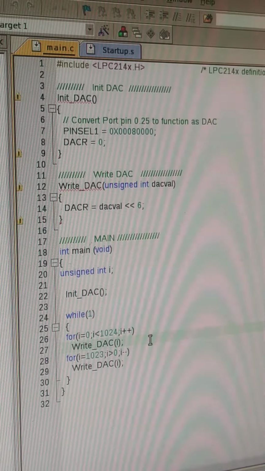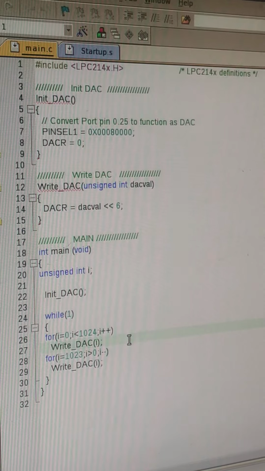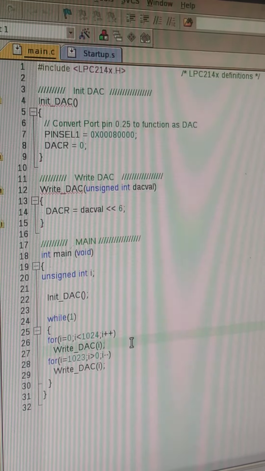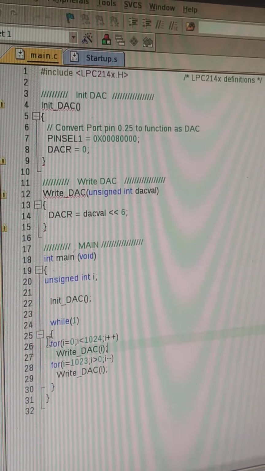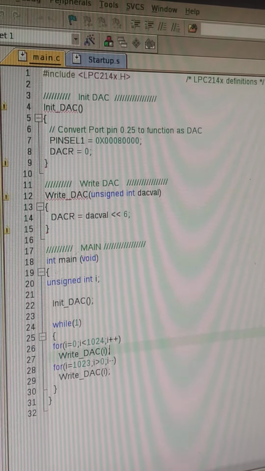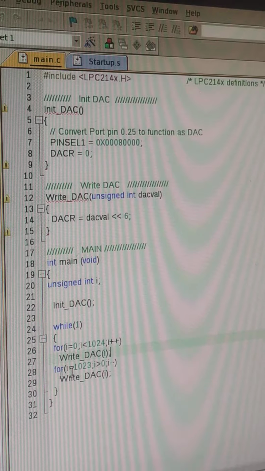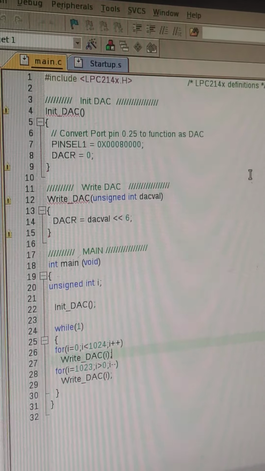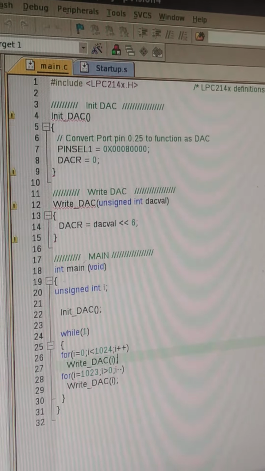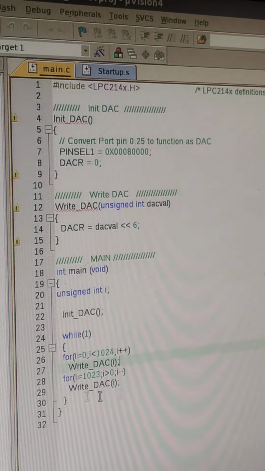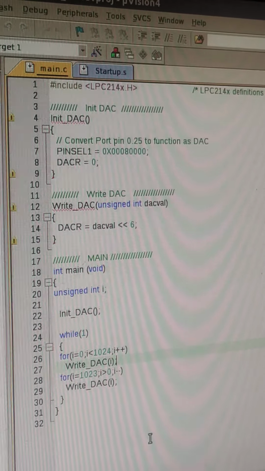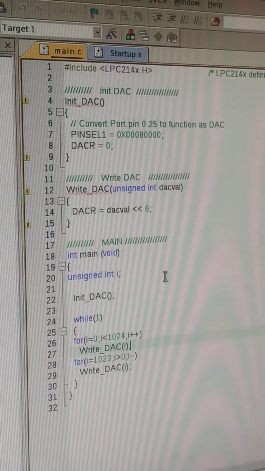This is for the upward movement of the triangle line and the downward movement. The first one will move from 0 to 1023. The second one will move from 1023 to 0. If you observe the triangular pattern, one upper line will be there and one lower line will be there.